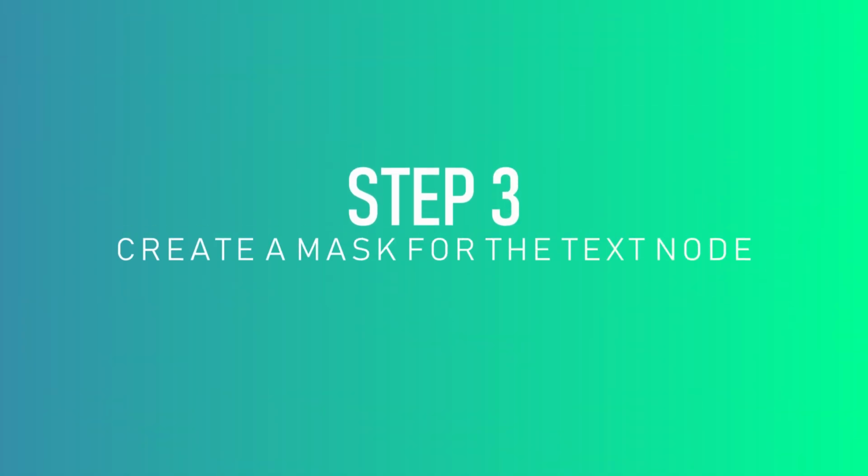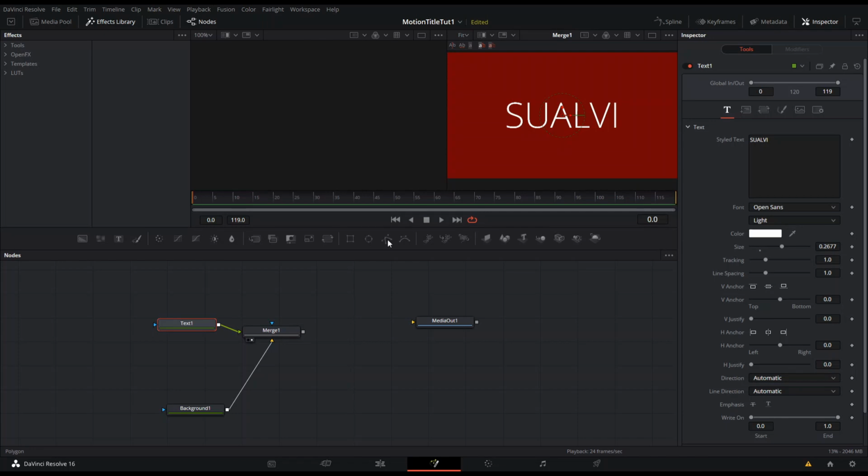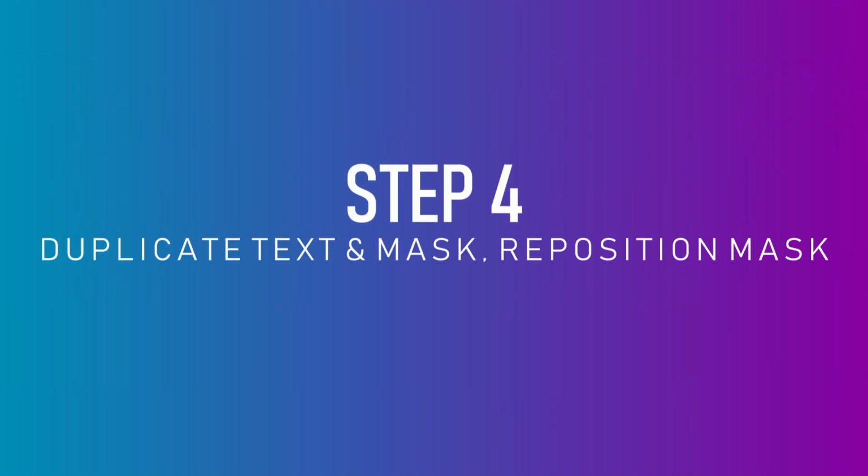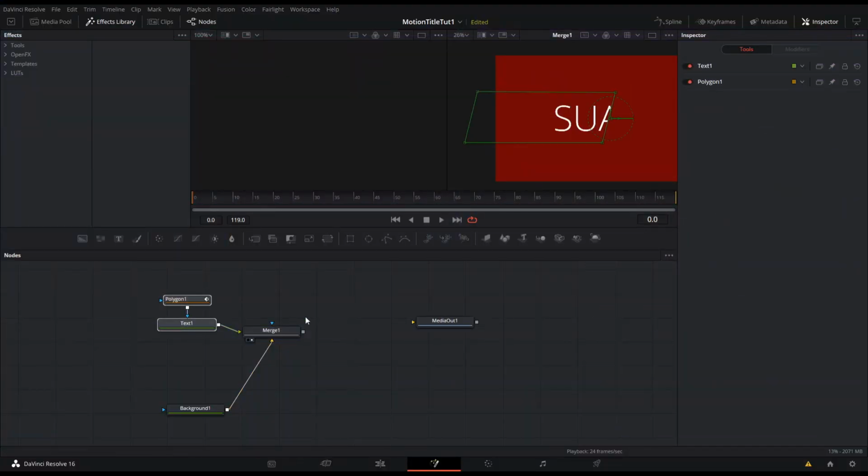Step 3 is to create a mask. We're using the polygon mask here so we can draw the mask however we want. Once the mask is done, we can make a few adjustments. The next step is to duplicate the text in the mask layers